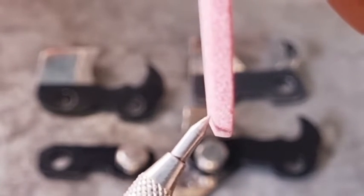Now, the other thing that's important, a lot of people make the mistake, this edge that's here that you see on the side of the wheel, you only want that about 4 millimeters in height. You don't want that any more. So when that's coming in, your wheel's going to be on an angle like that,